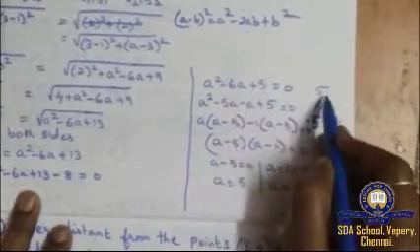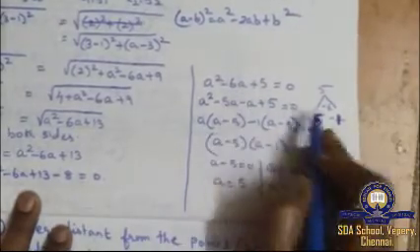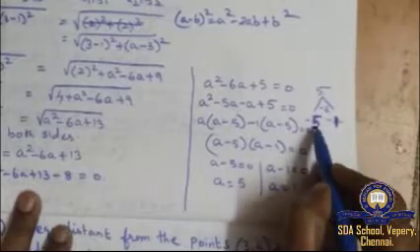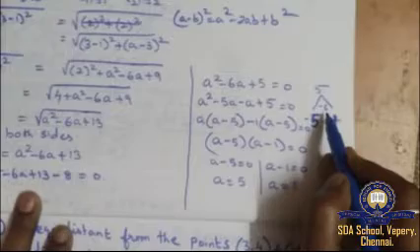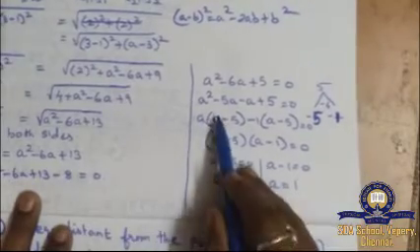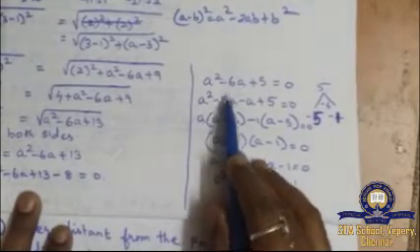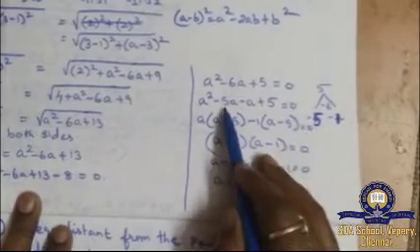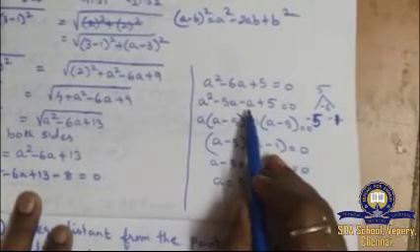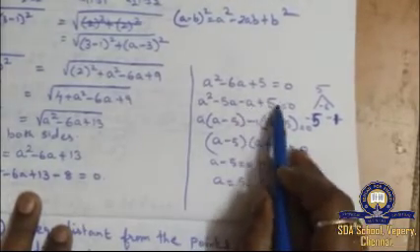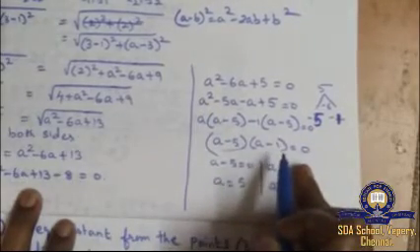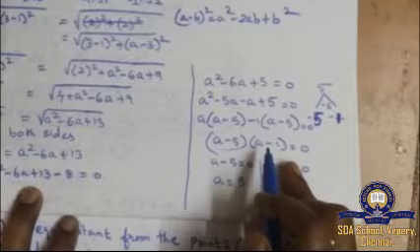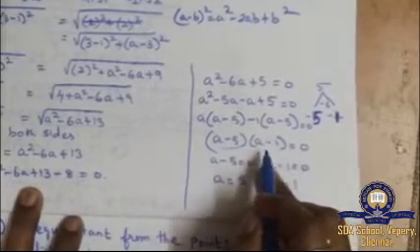So top of the tree we have to put 5, inside the tree we have to put minus 6. So 5 ones are 5, minus 5 minus 1 gives you minus 6. So a square, instead of minus 6a I have written minus 5a and minus a minus 1a plus 5 is equal to 0. So this thing you all are aware of it. I think you all are aware of it because we have completed this one.